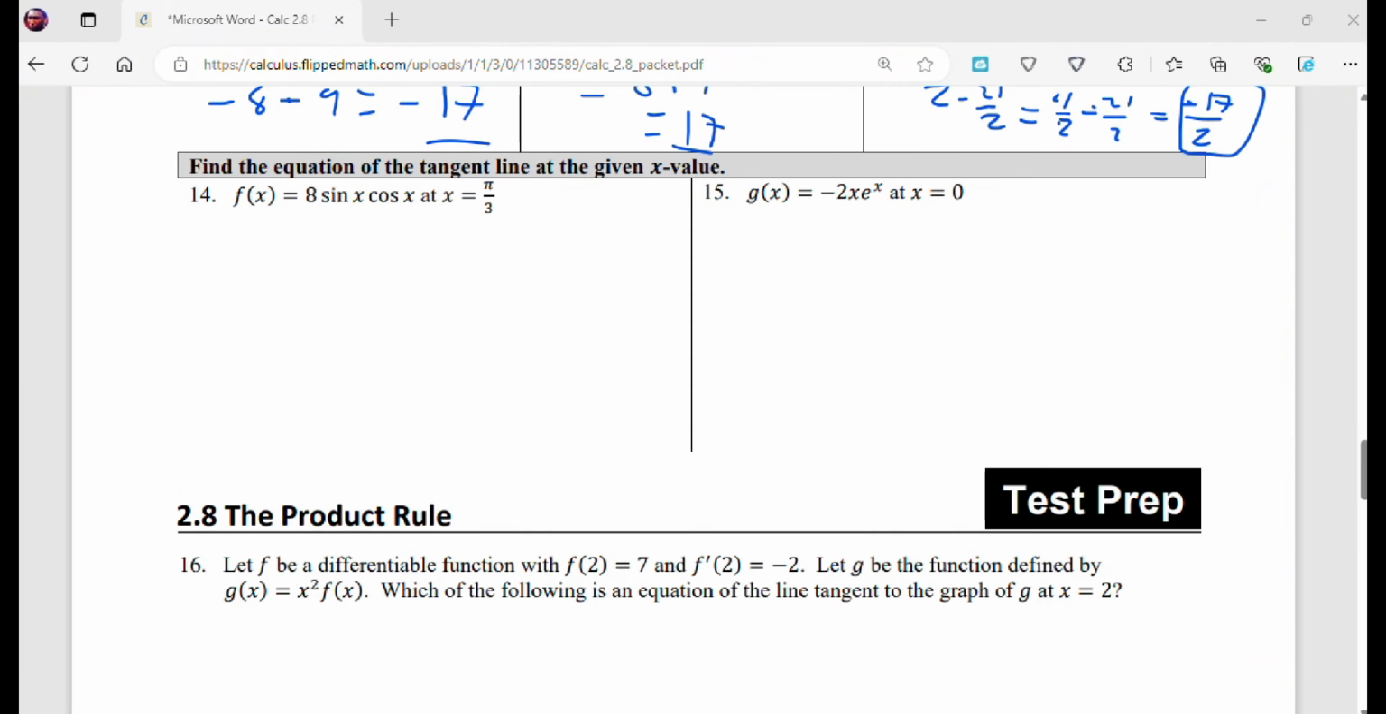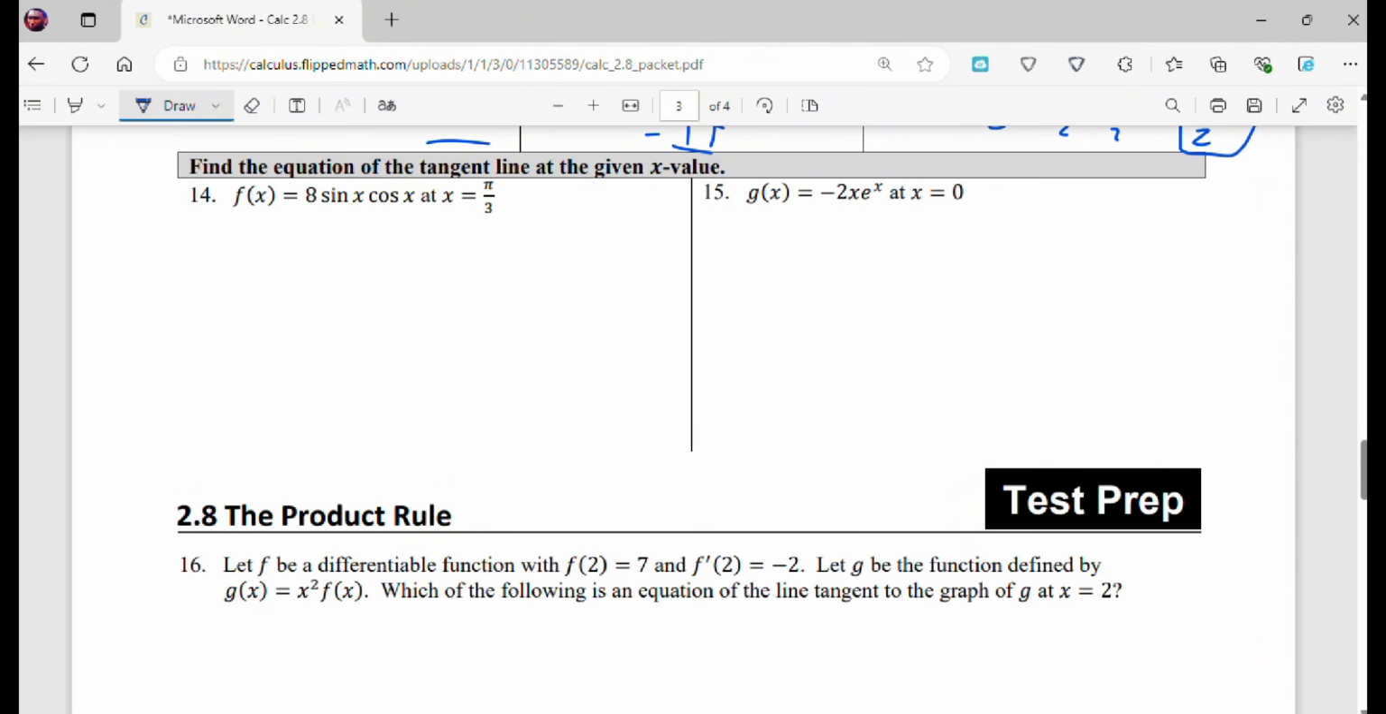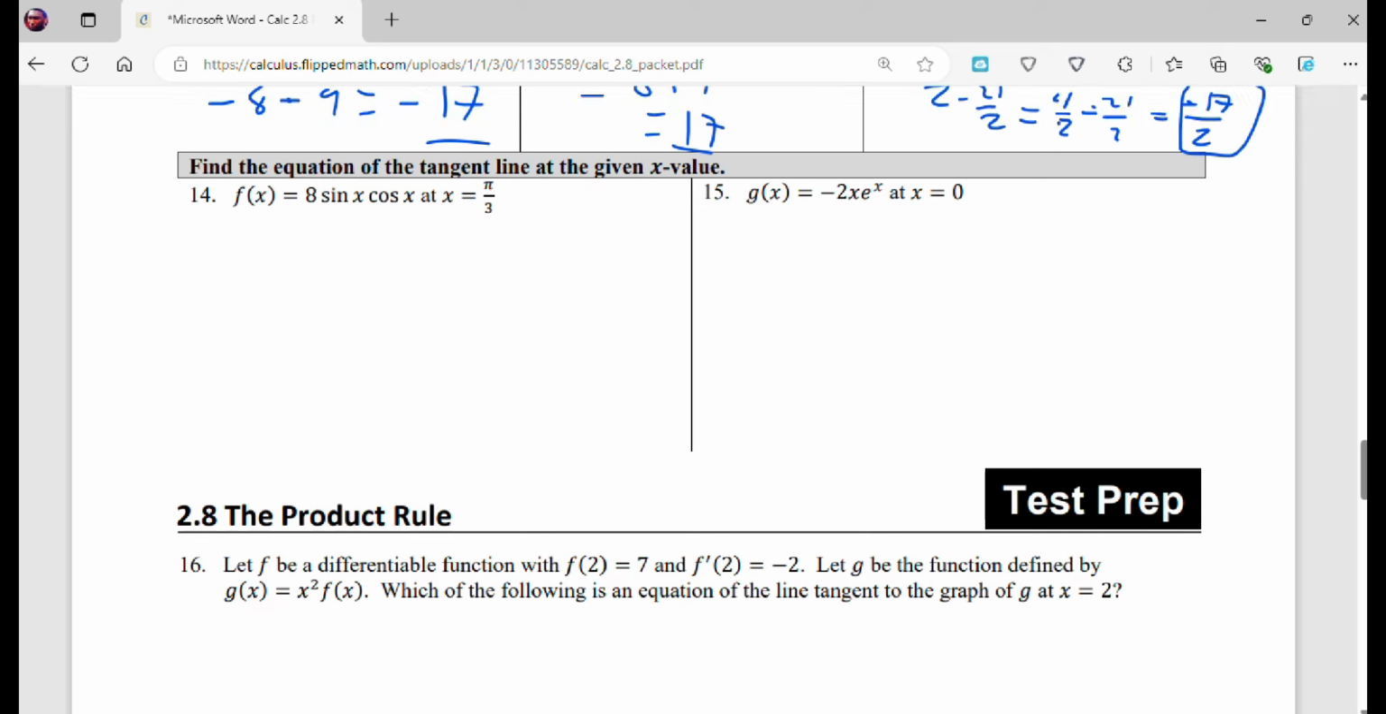Next, we have tangent line questions. At this point, you should be familiar with these kinds of questions. I'm not going to rewrite the formula. We're going to find our function value. So f of x equals 8 sine x cosine x at x equals pi over 3. So f of pi over 3